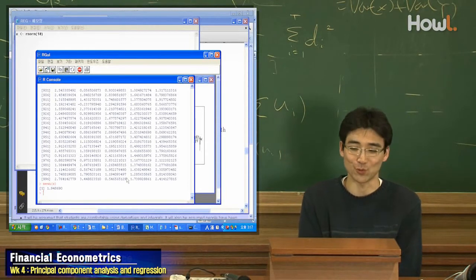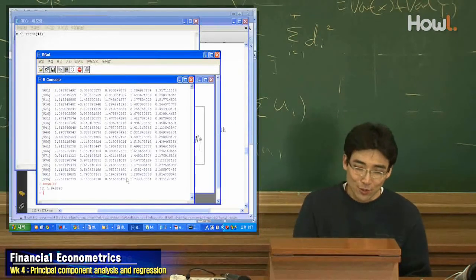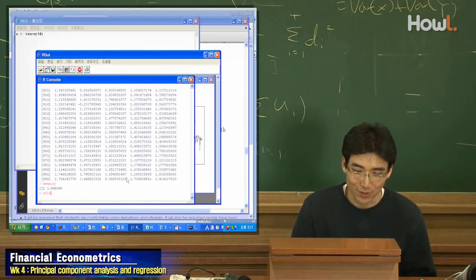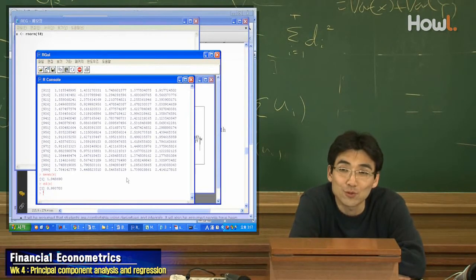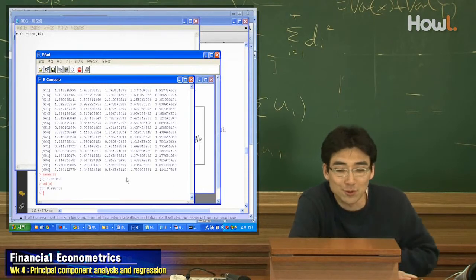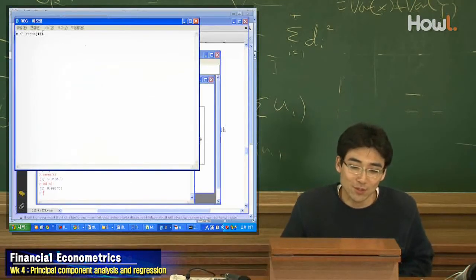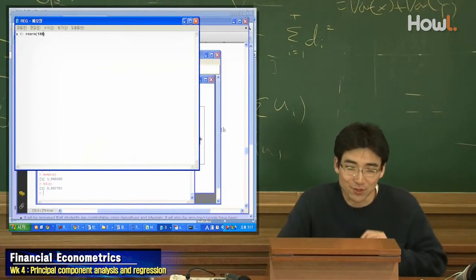It is not exactly 2 because we have a limited number of errors. So we calculate the standard deviation of x. It is not exactly 1, but it is reasonably close to 1. Okay, so it generates random numbers, something like this. So let's generate 100 random numbers,